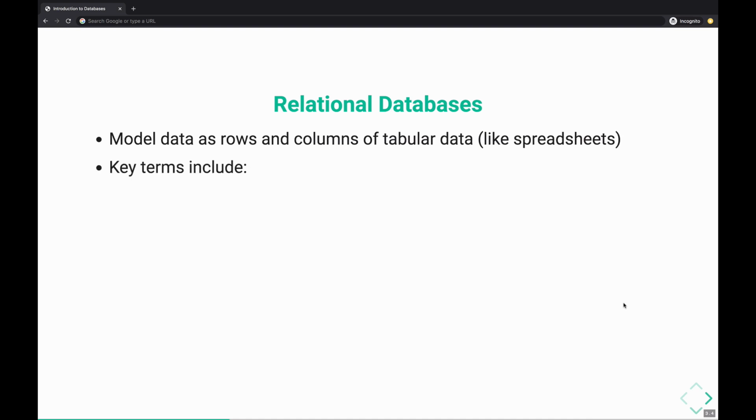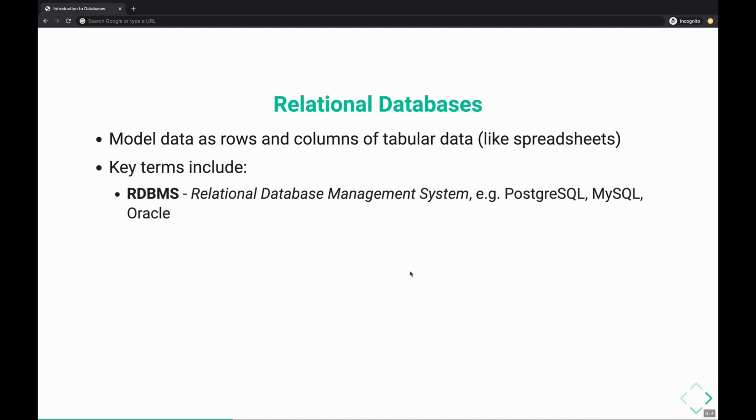Okay, so other key terms that will come up. This is a fun one. RDBMS, Relational Database Management System. So we have our database itself, which is the actual information that's being stored, and then we have this RDBMS, a Relational Database Management System, which allows us to interact with our database. It is the software that we run that communicates our queries.